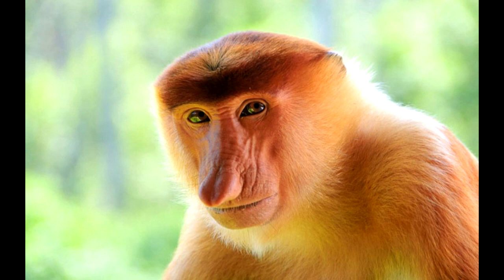It is known to swim across rivers. Aside from this, the proboscis monkey is largely arboreal and moves quadrupedally and by leaps. It is known to jump off branches and descend into water. The proboscis monkey is assessed as endangered in the IUCN Red List of Threatened Species and listed in Appendix I